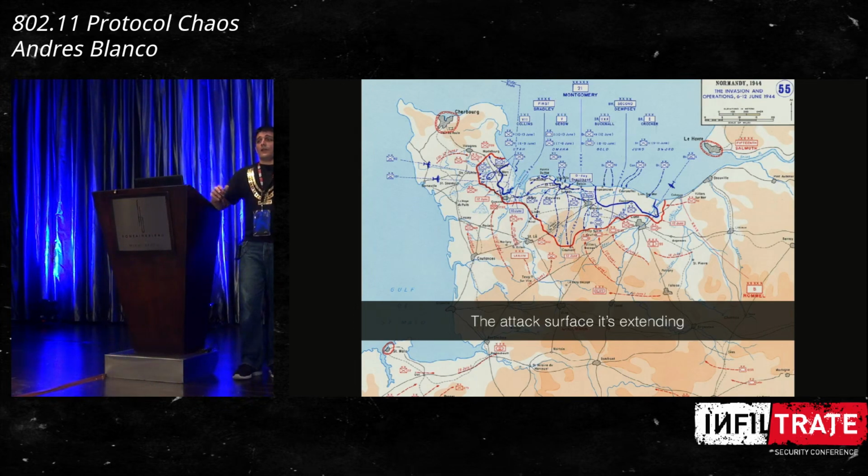The attack surface is extending a lot. There are a lot of new protocols. Devices are supporting a lot of different ways of connection. If you don't know this, you're not going to be able to see them. You need to use different devices or different tools to get access to this information. And remember, all the structures we've seen, Wi-Fi Direct, WPS, CCX, all this processing of structures is inside some place in the protocol. It's inside the kernel or inside the firmware.